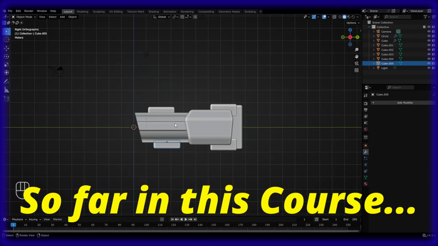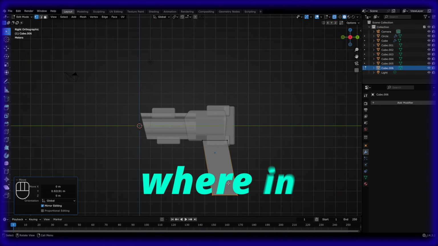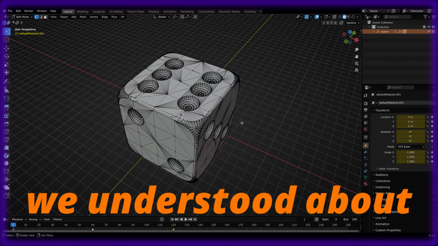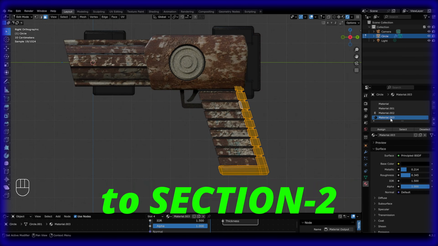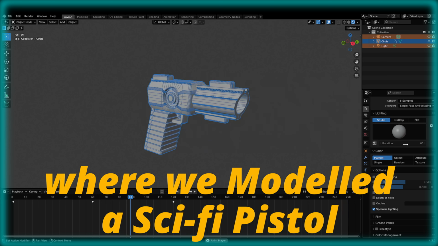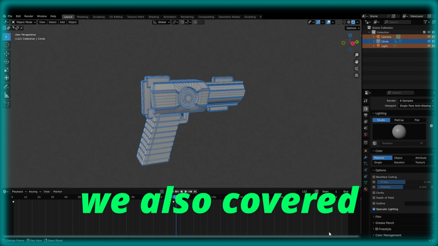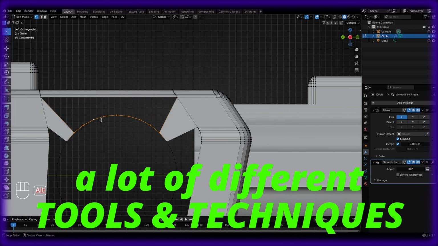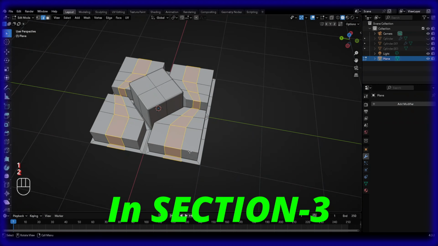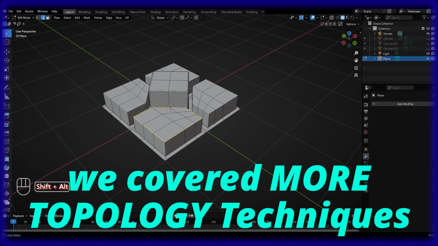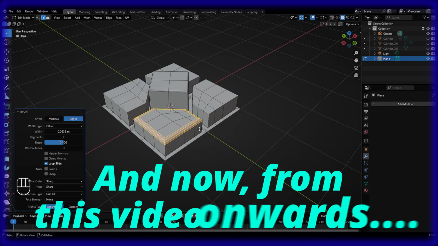So far in this course, we have covered 3 sections, where in section number 1, we understood the very basic fundamentals of topology. Then we moved forward to the second section where we modeled a sci-fi pistol, and along with that, we also covered a lot of different tools and techniques which can help to make the topology of an object better. Then in section number 3, we covered some more topology techniques, and now from this video onwards, we'll be